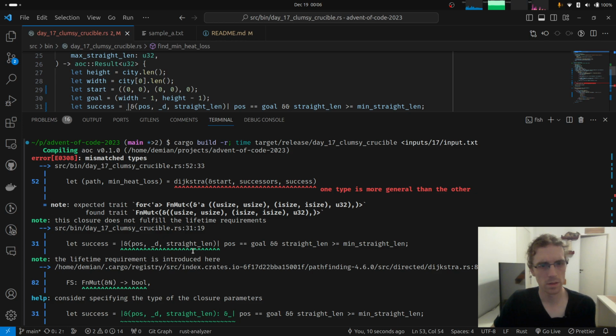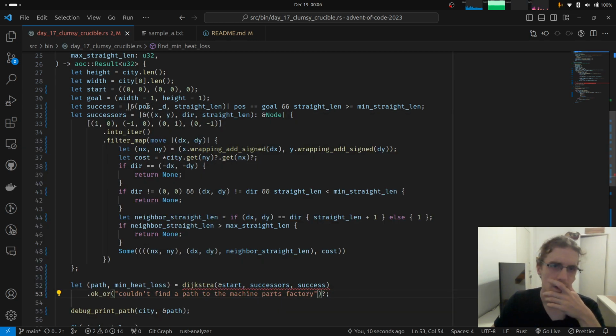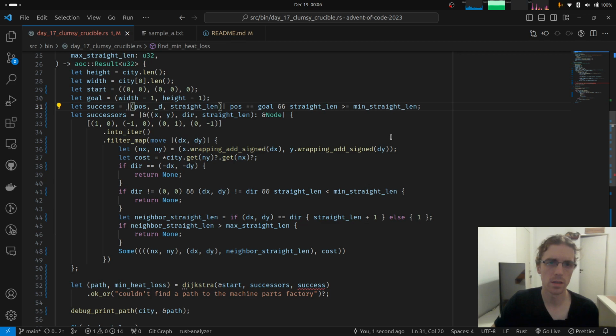So the success thing, yeah, this takes a reference. Maybe what if I say this is a reference to a node? Would you be happy with this?